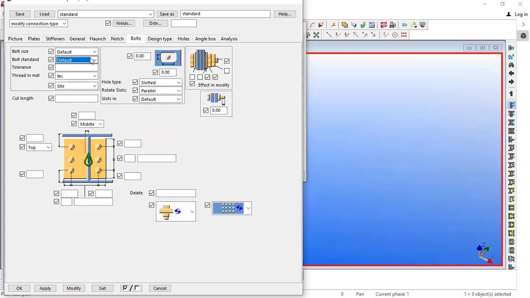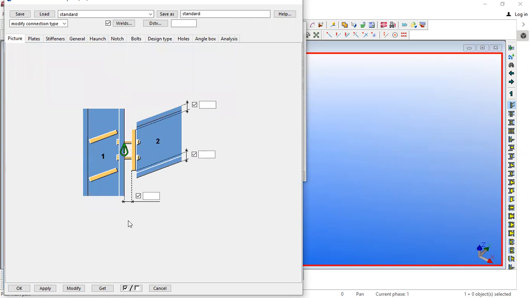Okay. These are the standard bolt diameter, tolerance, thread material. Right. This is for bolt. This one is for spacing and all. This chart will be different. The bolt chart will be common for all the bolted connections. Only this chart will differ, according to the different case. Like a shear tab connection will not have this end plate chart. It will have a shear plate chart, right? So these charts are very important. You have to analyze this chart, and according to that, you have to modify the connection.